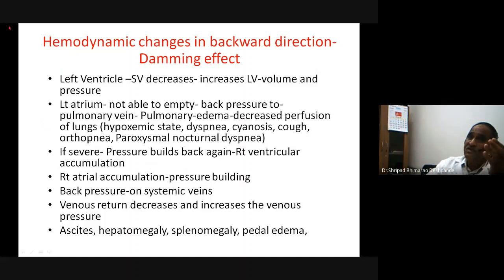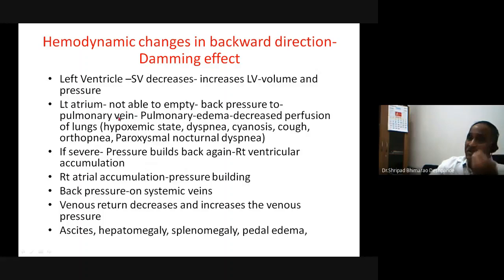It is mainly because of the pressure gradient. P atrium will be greater than P ventricle, and then the blood flows from the atrium into the ventricle. Now, if P ventricle is equal to or greater than this, the blood enters into the atrium but is not able to empty, and there may be blood remaining in the atrium. If the blood remains in the atrium, that would be a back pressure on the pulmonary